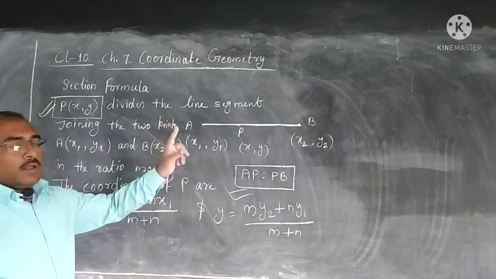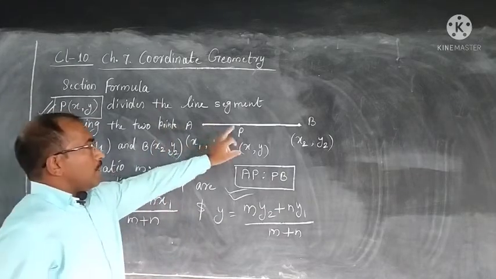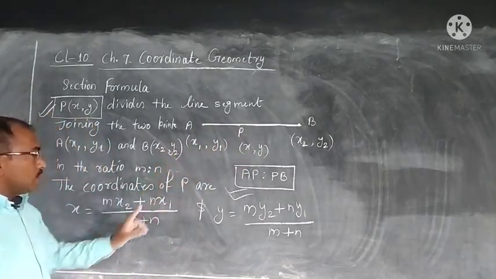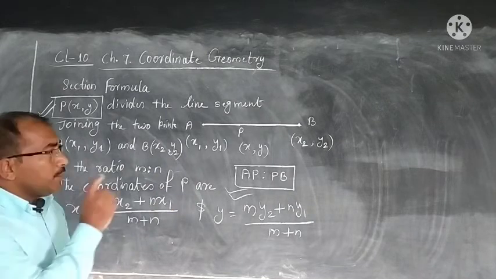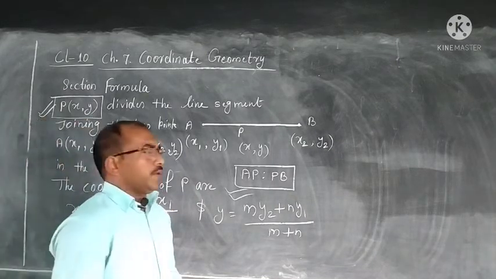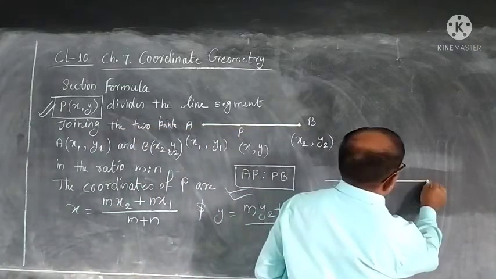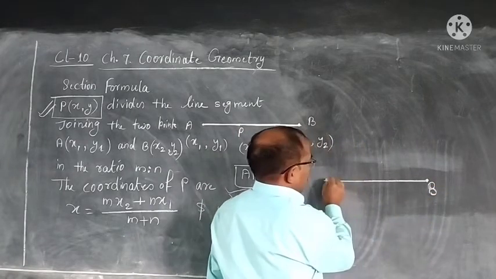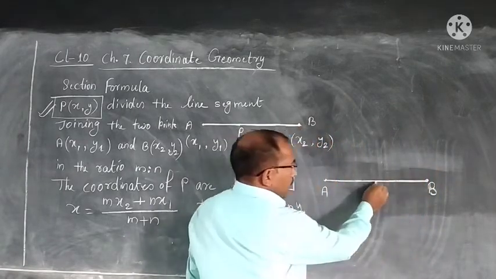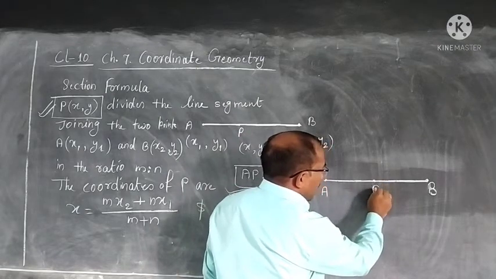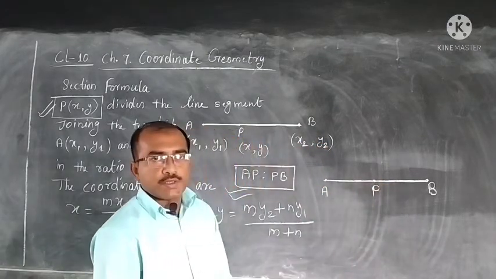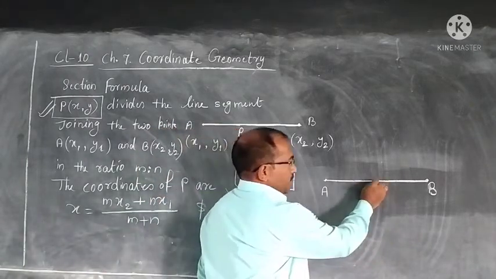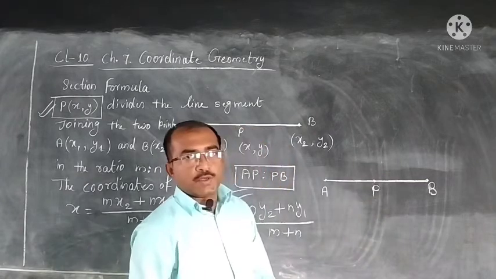A line segment, a point dividing a line segment in a certain ratio, the coordinates of the point will be this. Then in the same situation there may be little difference. What difference will be? Let us see. These 2 points AB is joining these 2 points. There will be the third point which divides this line segment joining the 2 points, say P, the same name I am using here, but this P is the midpoint of the line segment, may be equal.